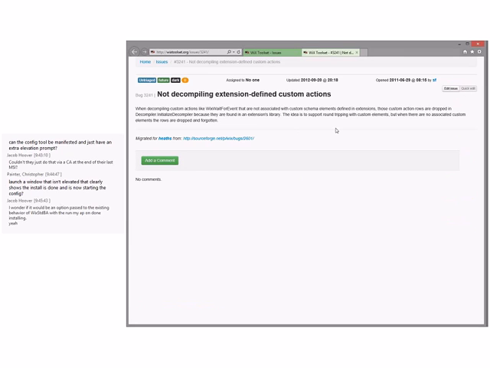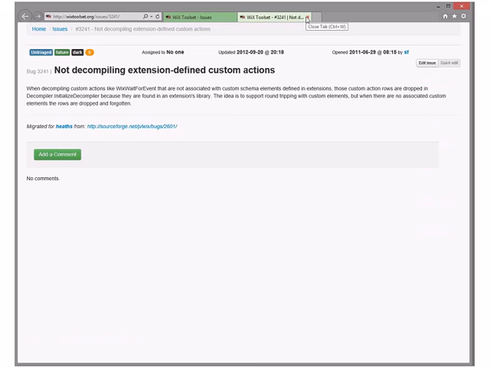Keith opened this one. I remember. Custom actions are dropped because they are found in the extension library, but there are no associated custom action elements, and the rows are dropped and forgotten. Okay. Sure. This can be fixed in 3x if someone wants to do it. This is so far out edge. It's like, oh yeah, I suppose, but